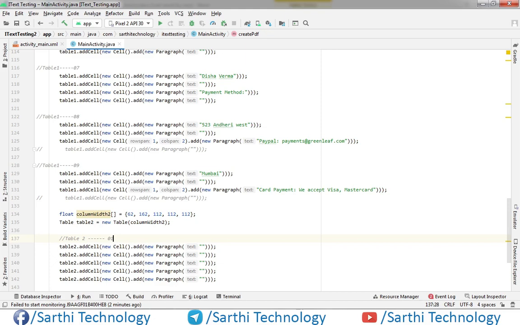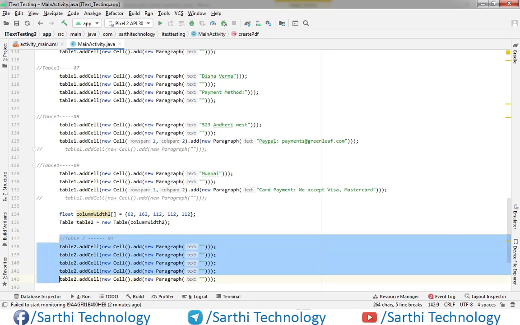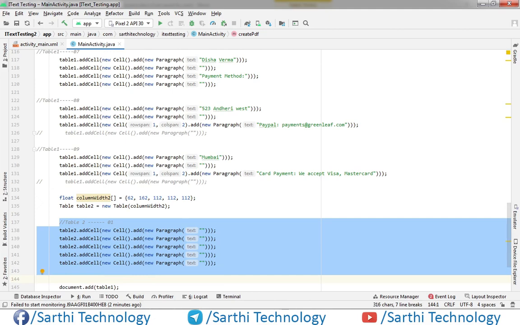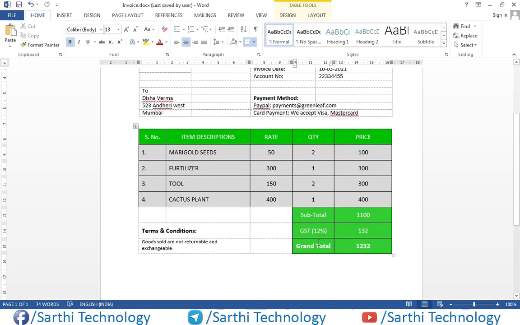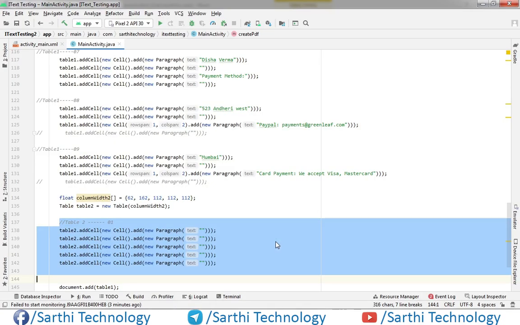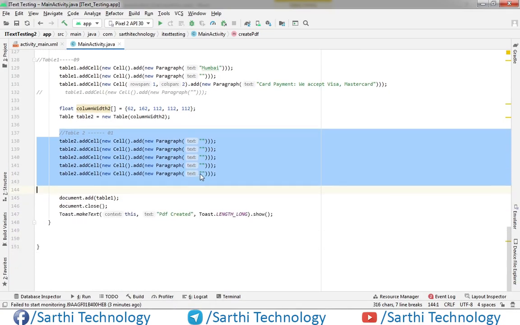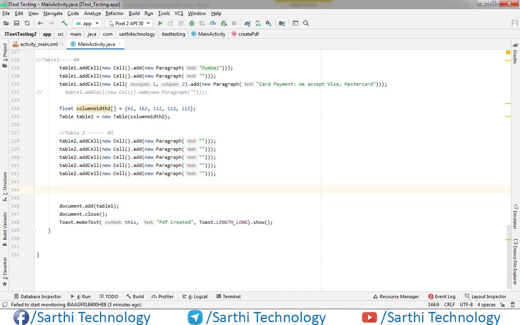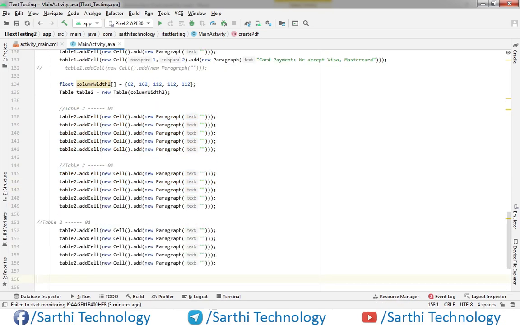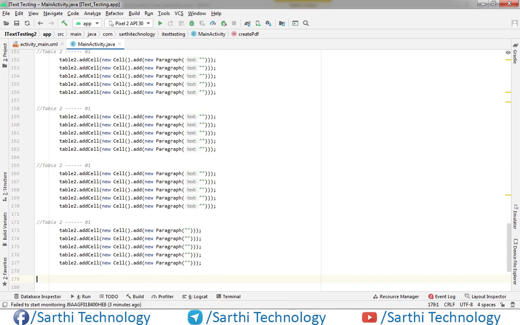Okay, so just copy this, and here we have 1 2 3 4 5 6 7 8 rows. So here we need 8 rows, 2 3 4 5 6 7 8. Okay, so